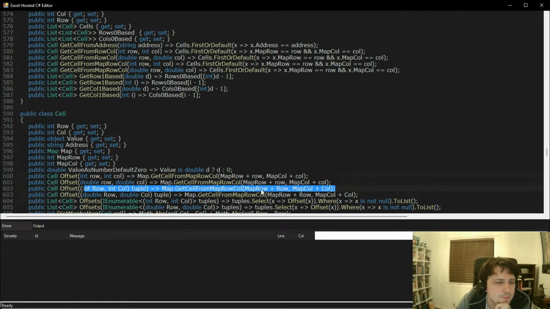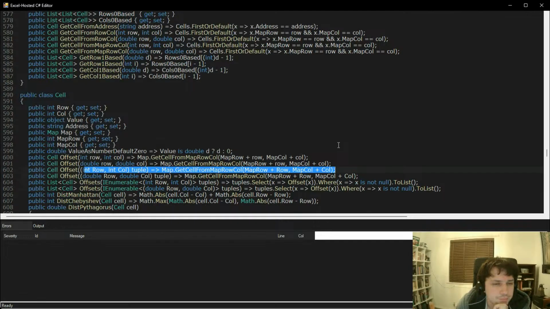So if I'm on row 5 and column 5, then this would be row 6 and column 6, right? And then we get rid of any that are null. So basically anything that's not on the map,